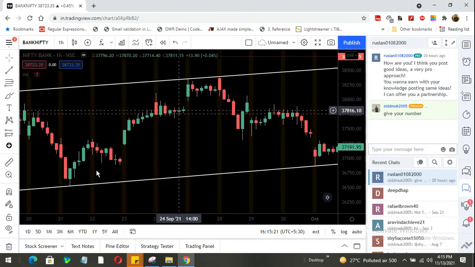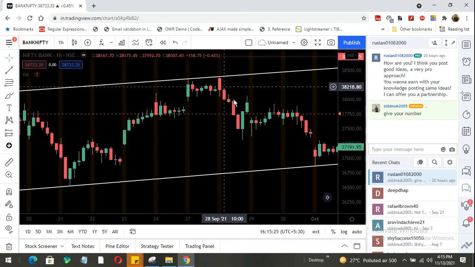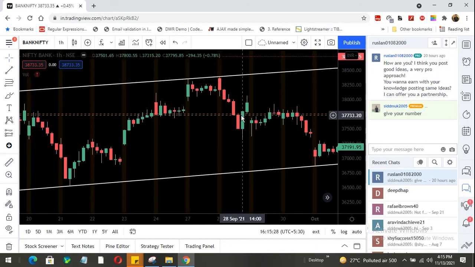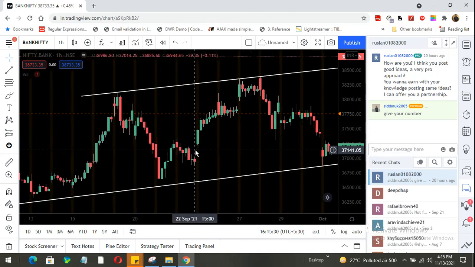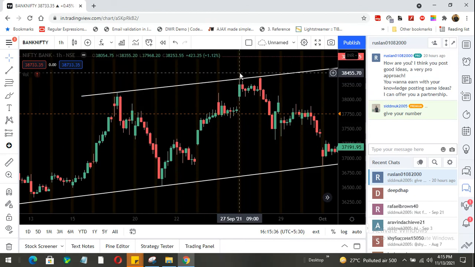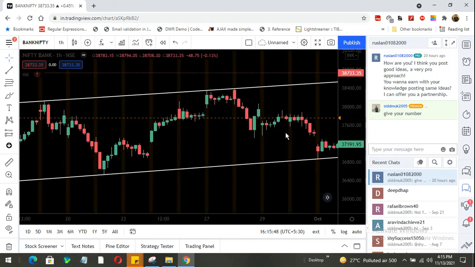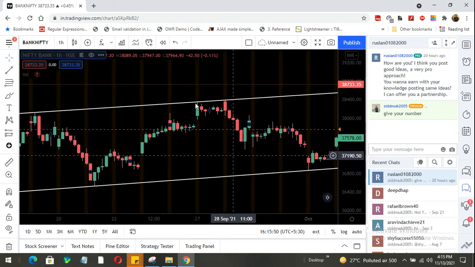What should be the stop loss? How to trade with this? Possibility is to give at least 1% of space from these green candles, at least 1%, or trade with hedging. For hedging, what you do is short the Nifty and short the put as well. Short the Nifty and short the put as well.